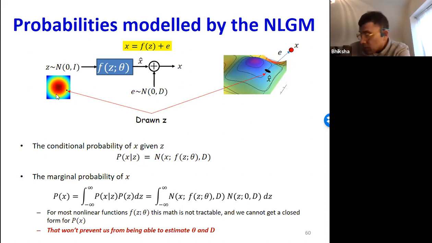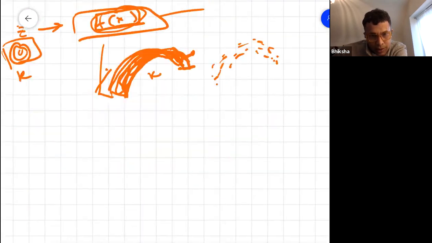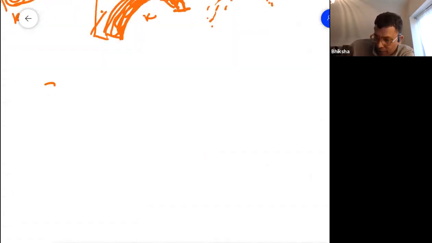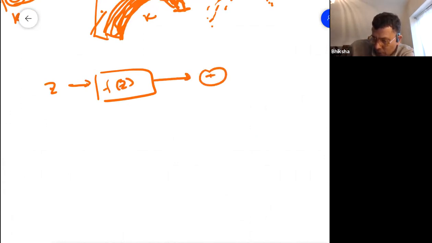Now, if this is how the data are generated, first I have Z that is being put through some transform f of Z, and then I'm adding some noise, E, which has come from a Gaussian with a zero mean and the covariance D.